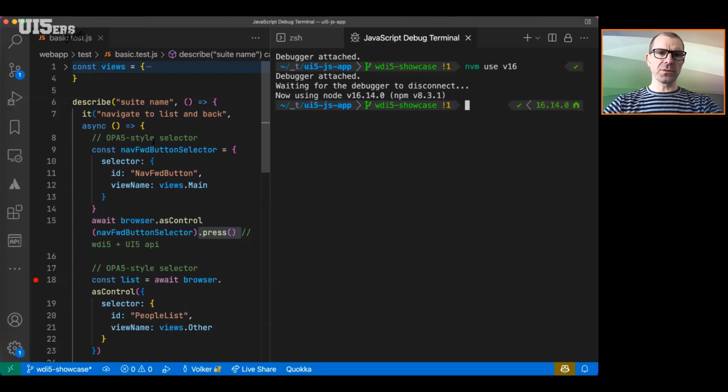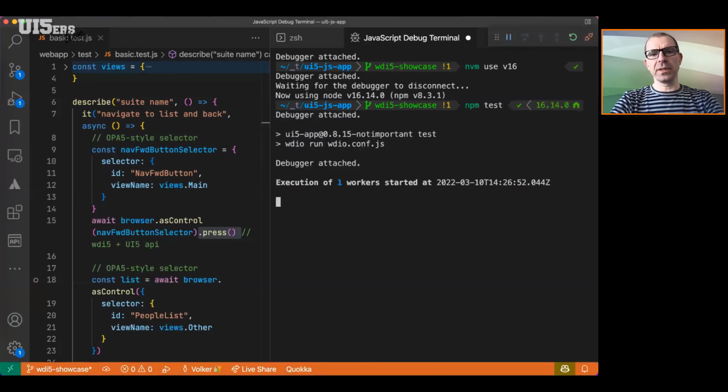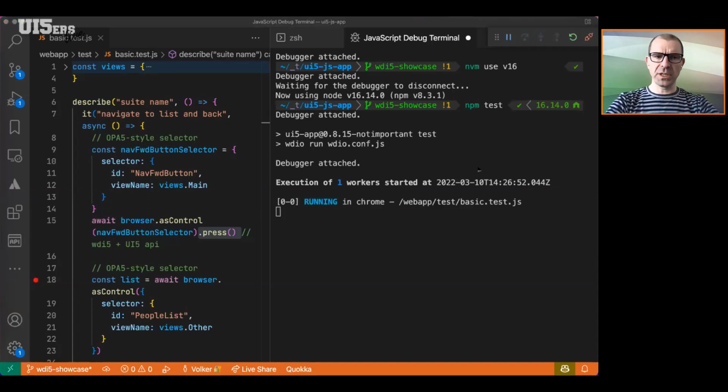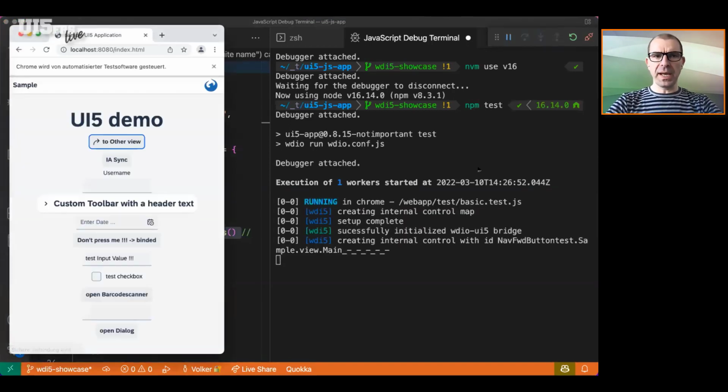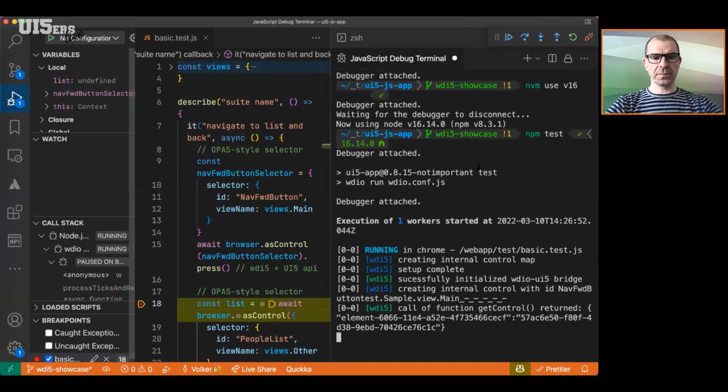So you can see the test reads, use that button with the ID so-and-so on this view and press it. So we actually move or navigate to the next view. And if I run npm test here, again, the same thing is going to happen. wdi5 is launching, the browser is launching, but now it actually halts at the point of the navigation.